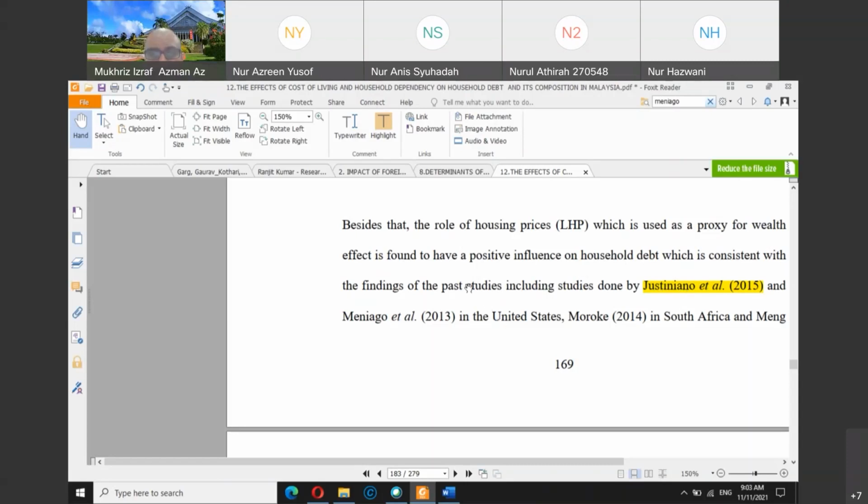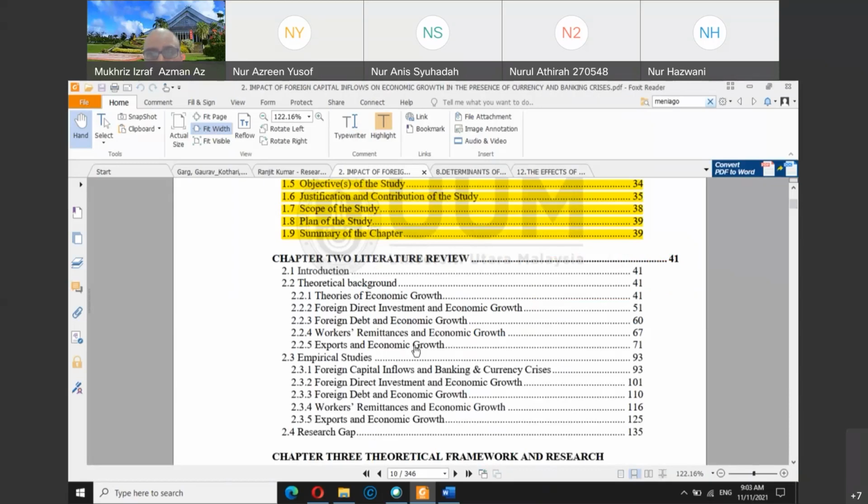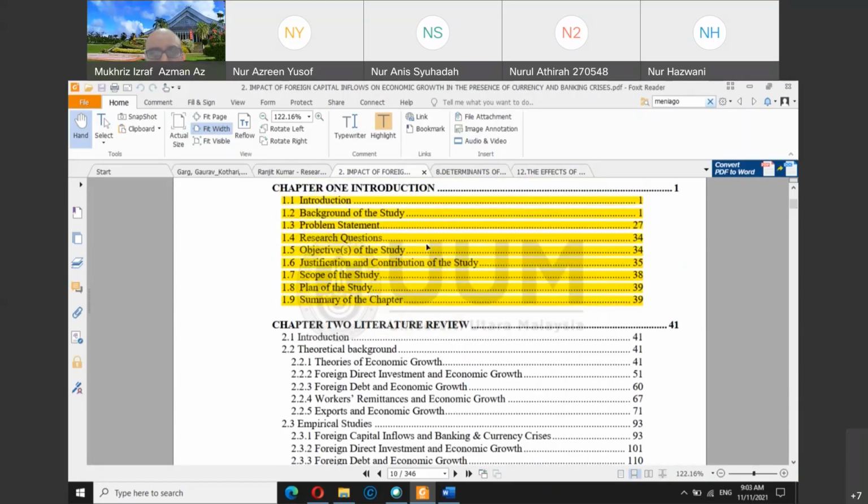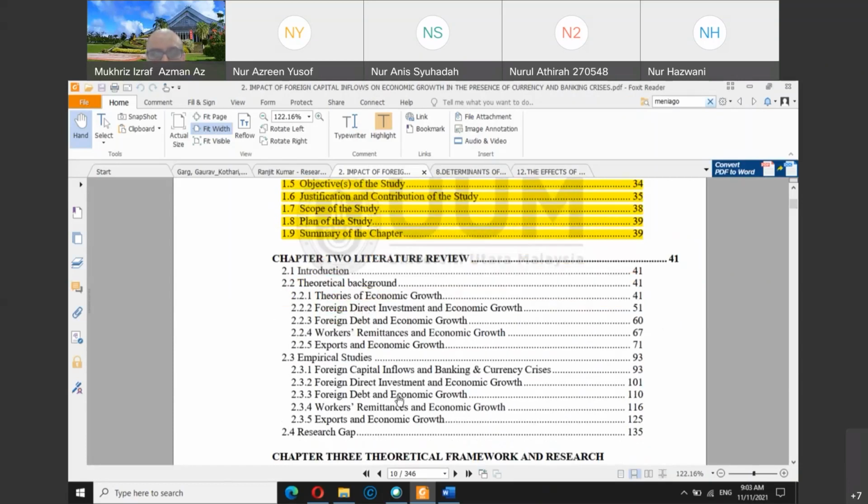Okay, so in the literature review, the reason why we need a literature review section is to show that the issue we want to justify in the problem statement exists and is important. When we refer to other articles, we want to show that many other authors are also looking at the same issues, for example, the one we discussed last time on entrepreneurial intention